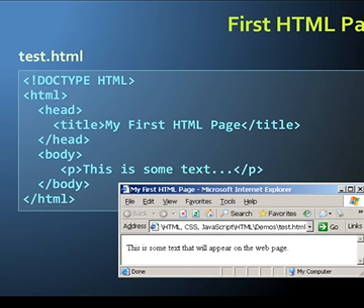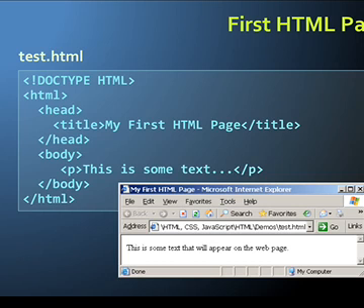So this is some text. That means in this paragraph you can write anything you want, and body close, and finally the HTML closing tag. Whenever you run or execute this small HTML program, automatically we can see this output.